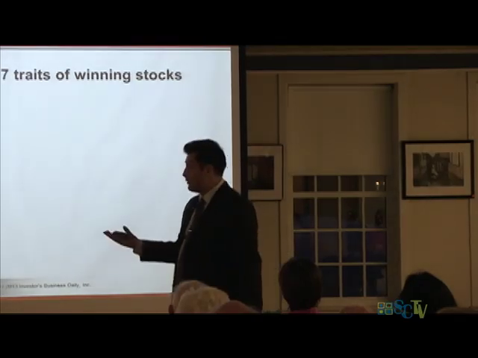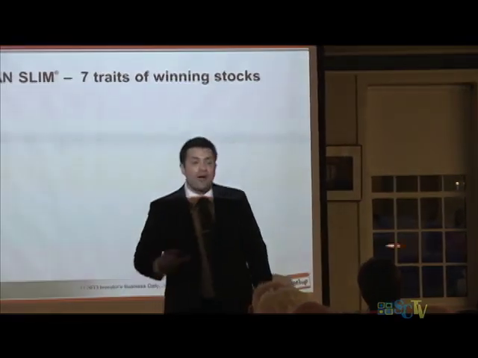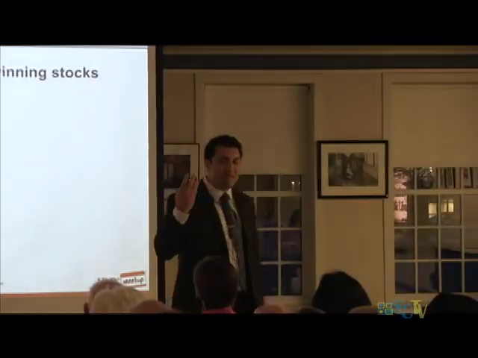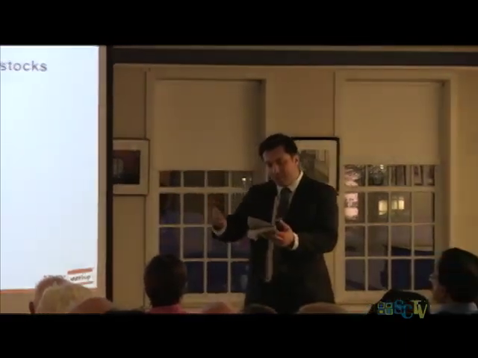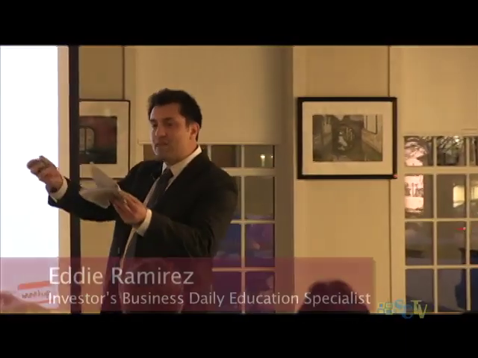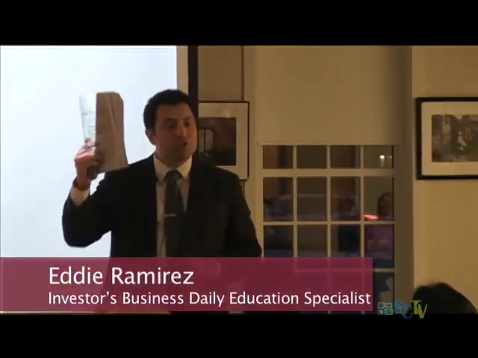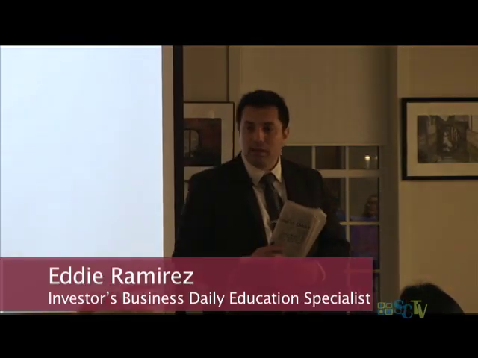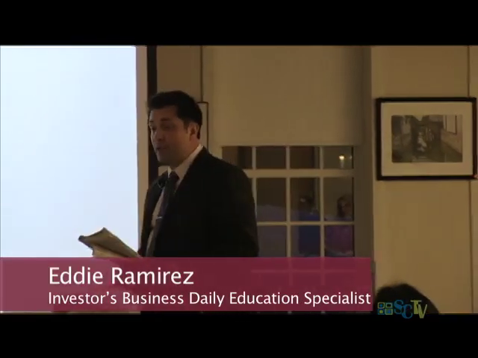There must be over 10,000. I mean, I don't even know, okay? So how do you know which ones to buy? Well, IBD uses CANSLIM almost as a filter to filter those 10,000 plus stocks. And what you see that ends up in the paper has made it through a very rigorous screening criteria.